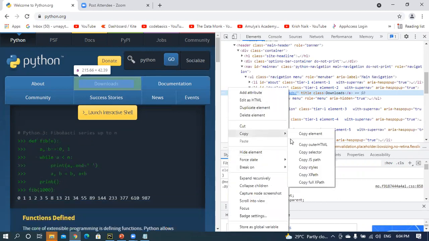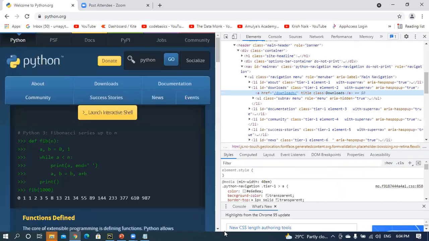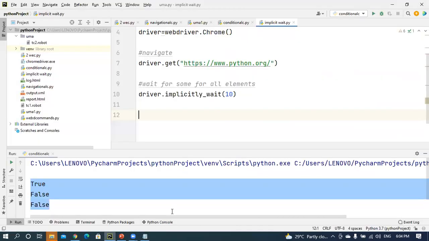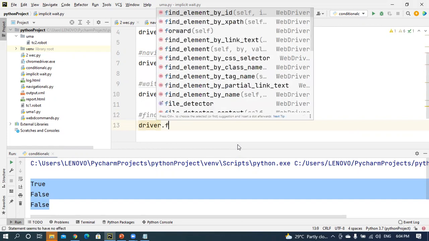Copy XPath. I'm passing the XPath. How can you find the element? By using the find element method. Driver dot find element by ID or link or whatever may be the XPath.